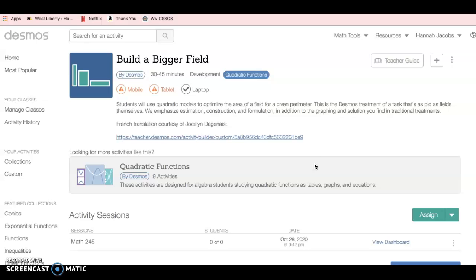Before starting this assignment and activity with any classroom, we need to make sure that students already have prior knowledge that the perimeter is the distance around the outside of a shape and that the area measures the space inside of a shape. So before beginning, a couple of teacher notes that I found within the teacher guide over here in the right hand corner